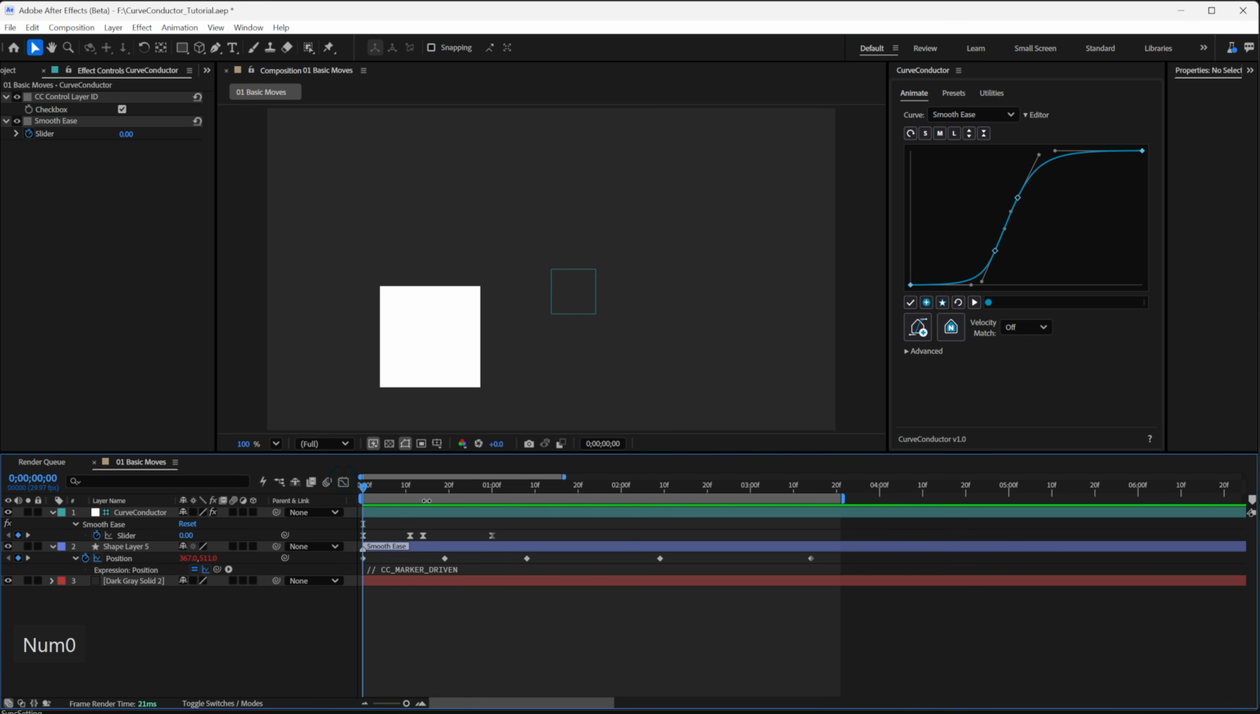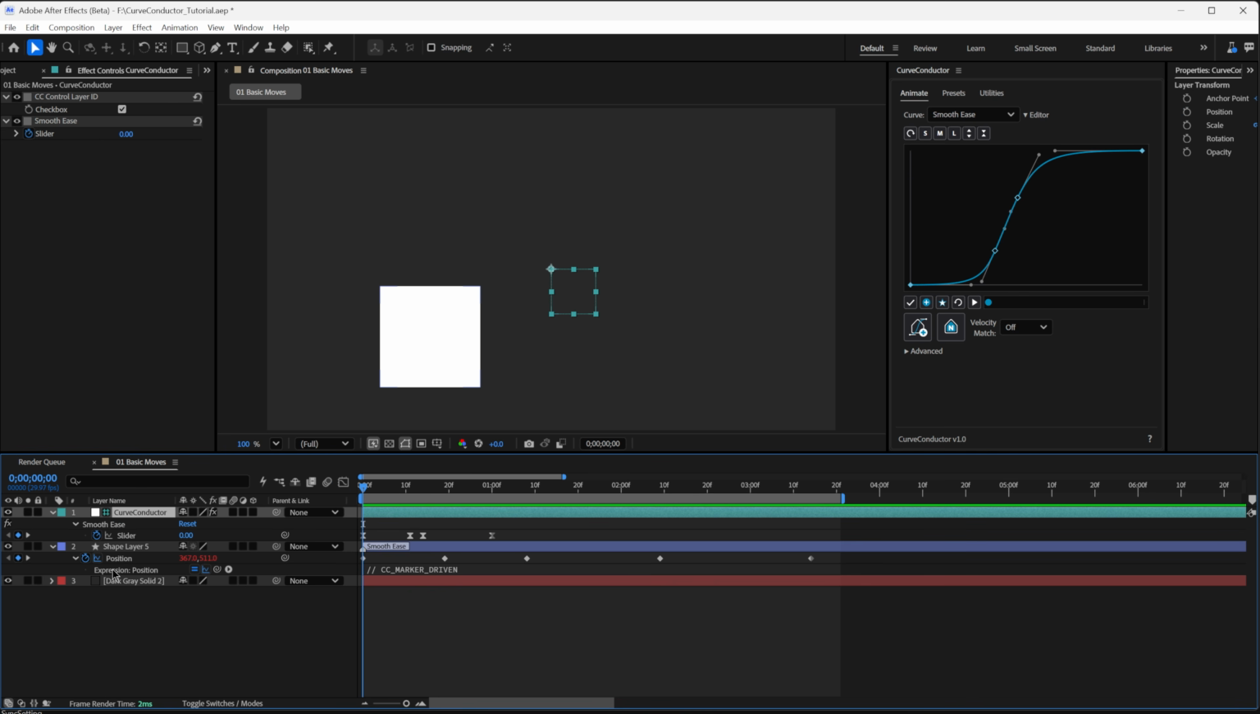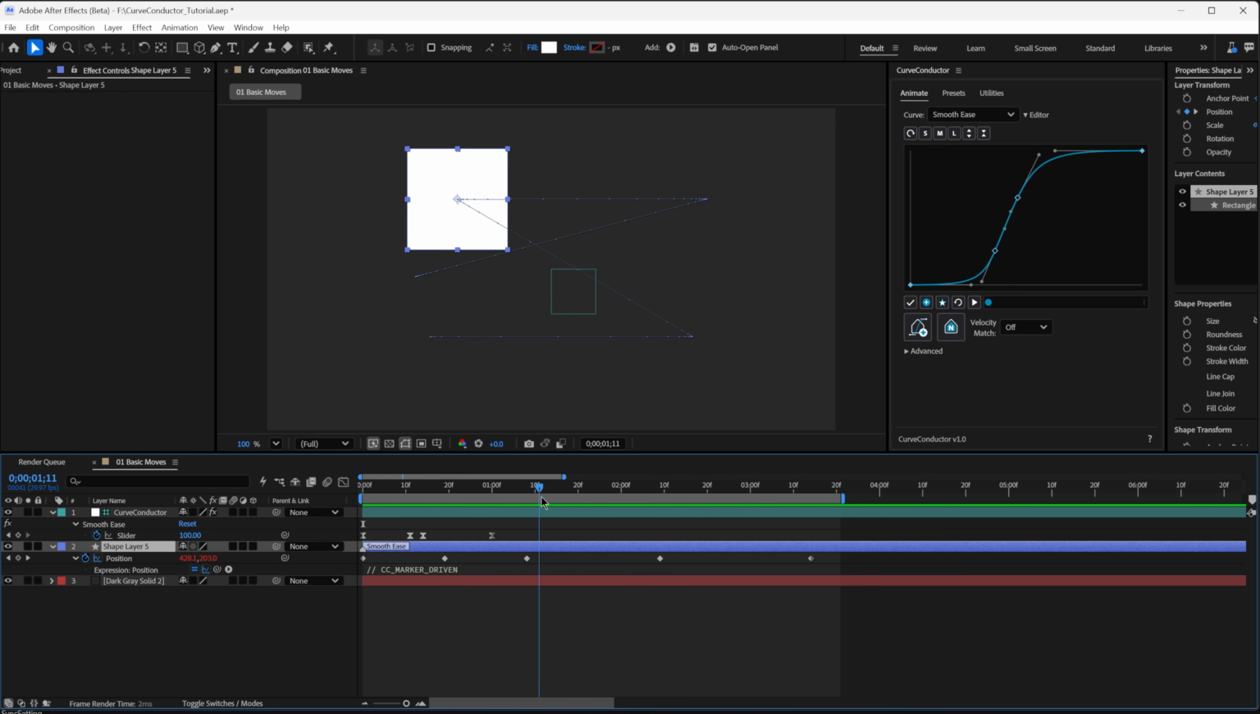Okay, so if I look at the layer itself, it's got this marker that says smooth ease. That's just the name of the curve it's referencing from the control layer. It tells the expression which curve to use at what time. So I've only got one curve so far on my control layer. I'm going to go to the beginning of the third segment. And the marker has to be at or before the beginning of the segments that you want to apply the